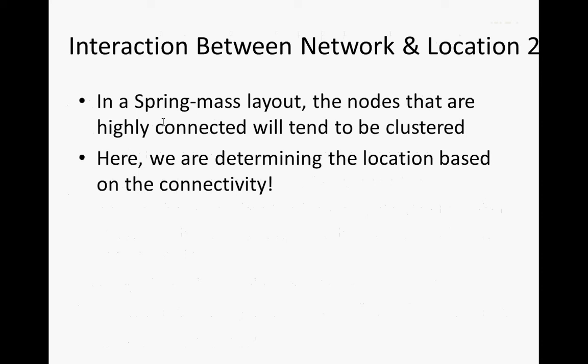A and B are only connected if they lie less than or equal to 50 or whatever distance apart. By contrast, in spring mass layout, the governing factor is connectivity. The governing factor is the topology. The geometry follows. So in a spring mass layout, nodes that are highly connected will tend to be clustered together. And AnyLogic's spring mass layout, I will say, doesn't impress me too much in terms of its effectiveness,